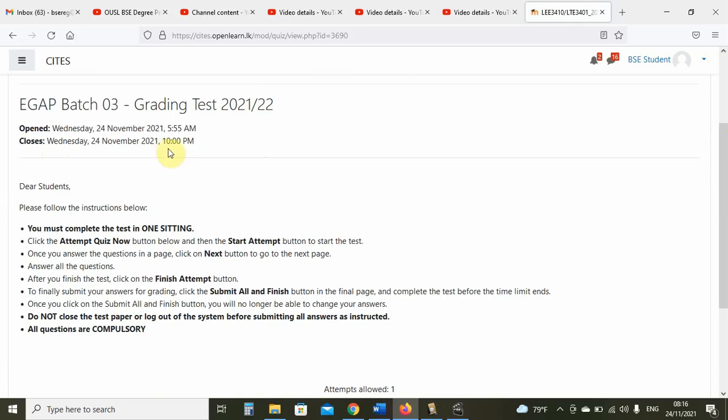The test is open until 10 o'clock in the night today, right? And it's very important to do this test in one sitting. Once you start, you have to complete in 1 hour. If you stop and you try to come back later, your test will close in 1 hour. Whether you have finished or not, whatever you have done will be saved and the test will be closed.